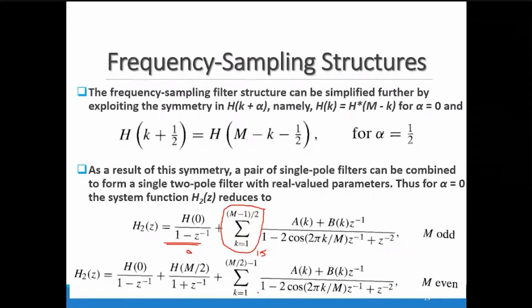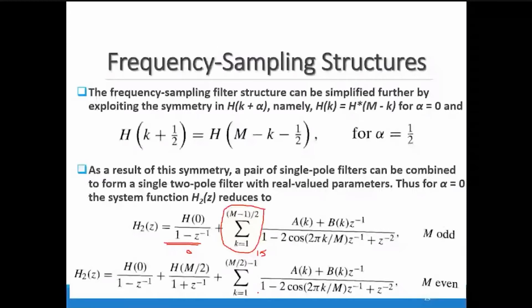All of you clear now? Please let me know. In your syllabus most of the things are given for the direct form structure, and they have discussed the symmetrical structure very briefly. So I am taking this symmetrical structure along with the frequency sampling structure. The only thing you have to remember is that it reduces the number of multiplications by half. Hope all of you are clear. Please let me know if there are any queries, so I can continue with the next slide.